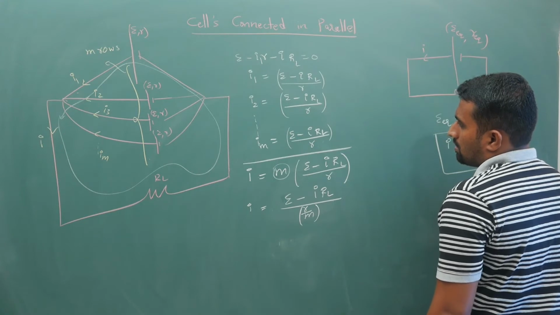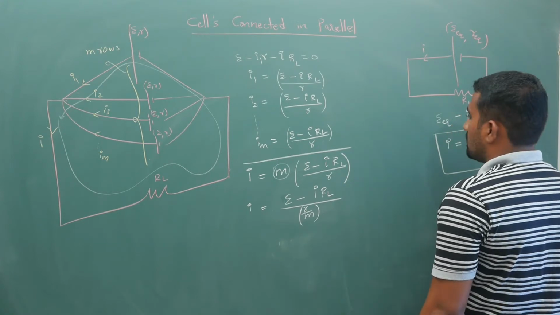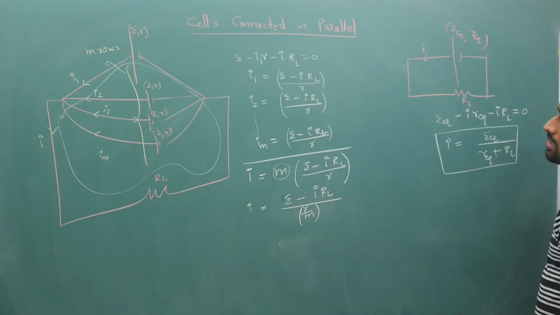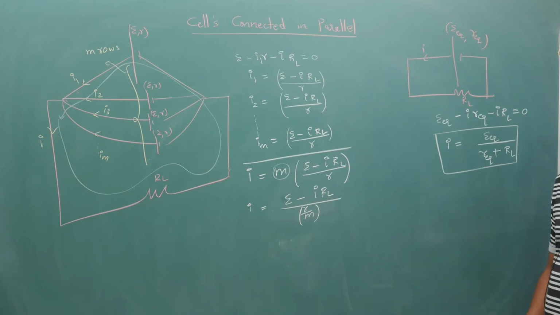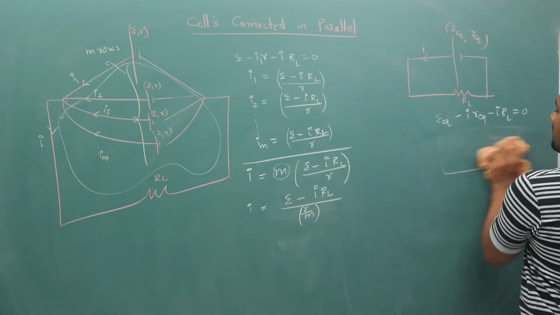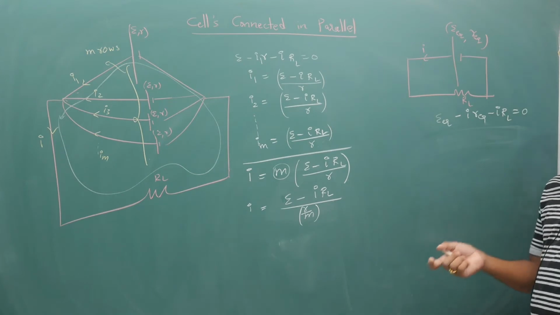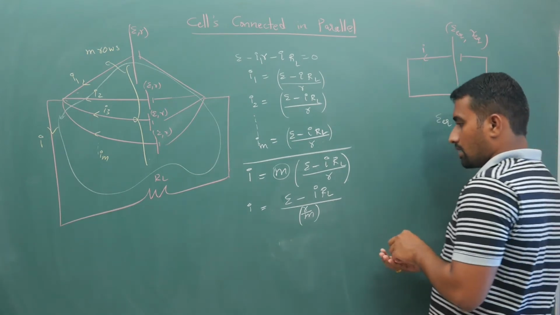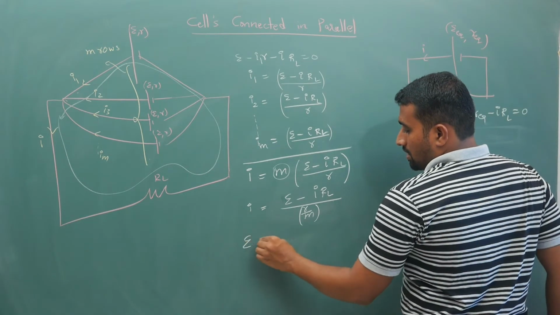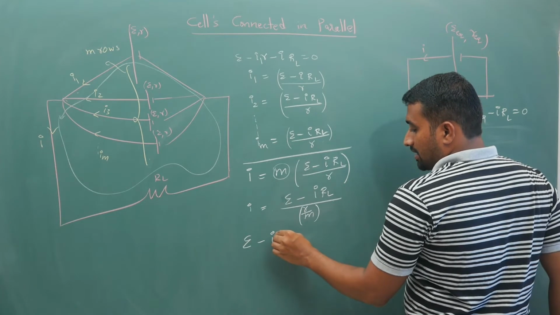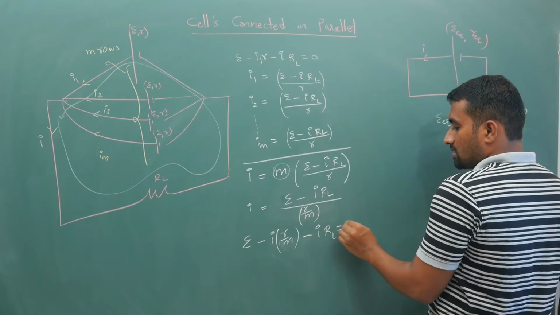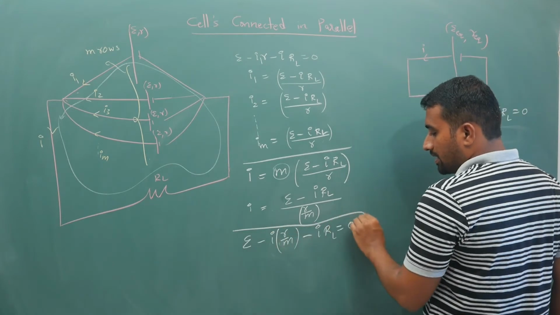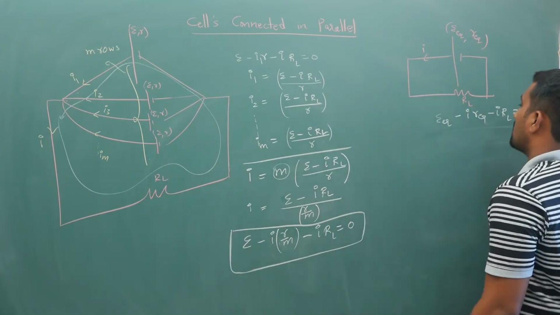Okay, just hold on, I have missed the terms. Did I do so? Okay, this expression itself we will keep as such. We will not simplify this. Rearrange the terms here. So rearranging, E minus I times R by M minus I times R load is equal to 0. I have cross multiplied and brought all the terms to the same side.